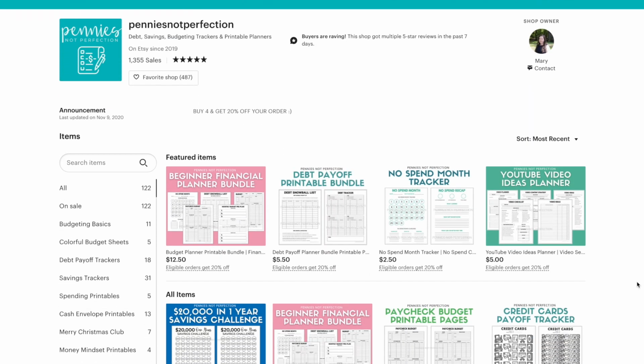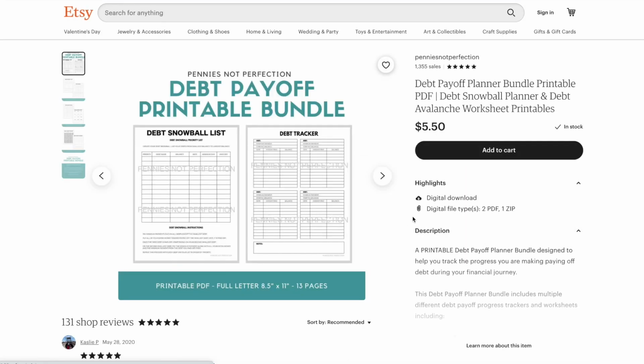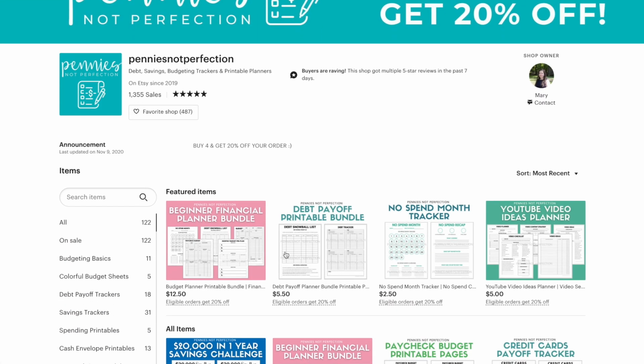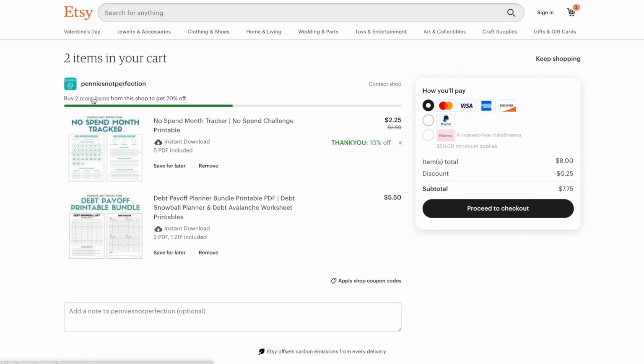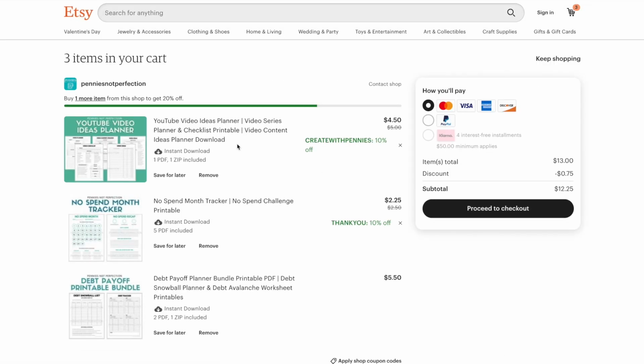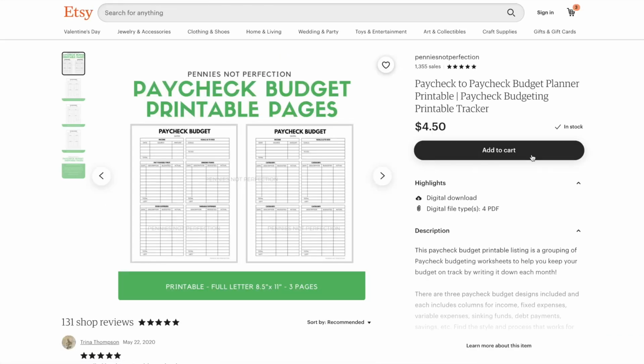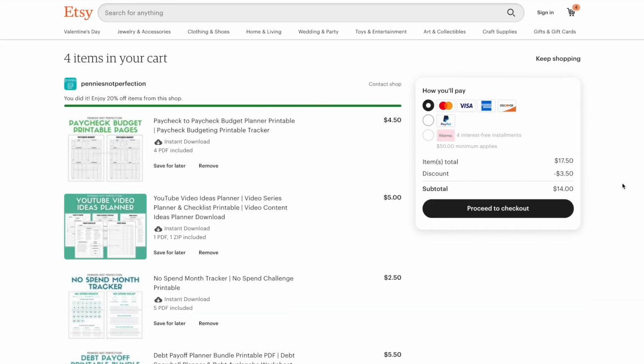And then when you go to your shop, you'll see that if you're doing a sale, it will show under the items eligible orders get 20% off. So since I am doing a 4 item sale, I will show you have to add 4 items. So when you only have 2, it'll say add 2 more to your cart to get the 20% off. So it will give the buyers as many notifications as possible to get that sale, which is nice because if you're doing multiple items or a higher order total, they will continue adding stuff to their cart just to get